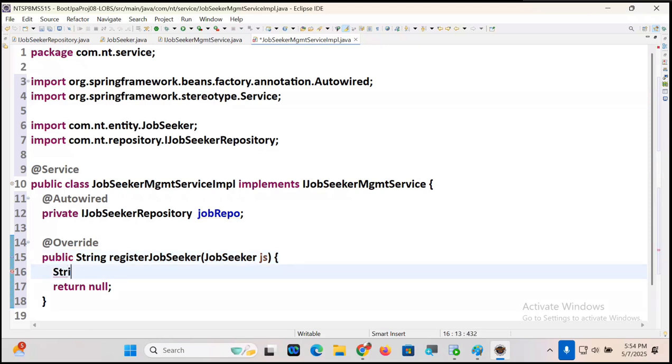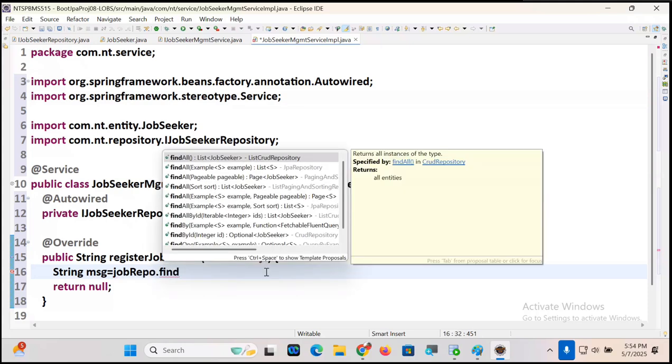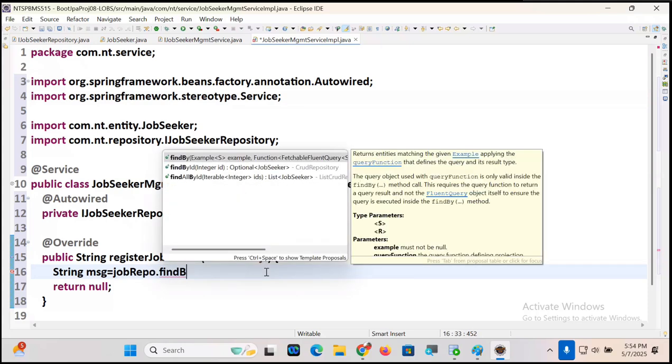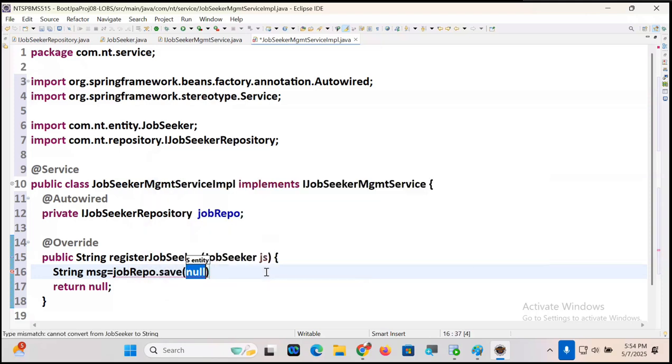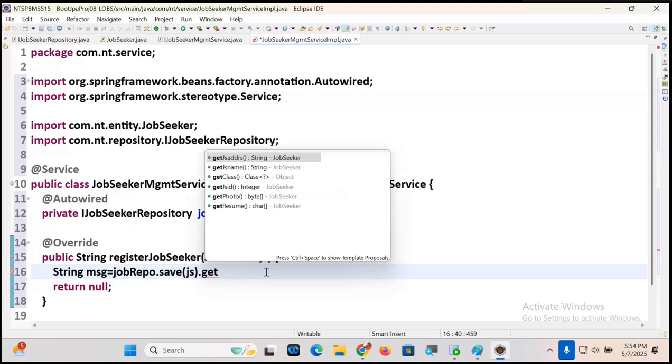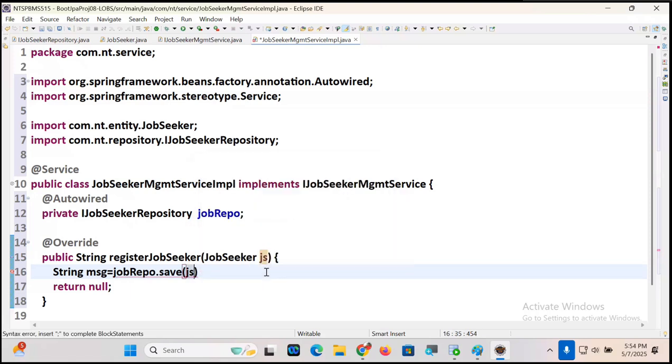String message is equal to, what is equal to? jobRepo dot find by, what is there? Not find by, save. jobRepo dot save. Okay, first let me get this into ID value. What value? Into ID value is equal to save dot